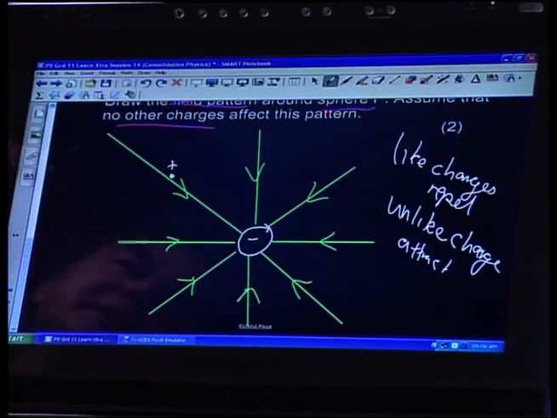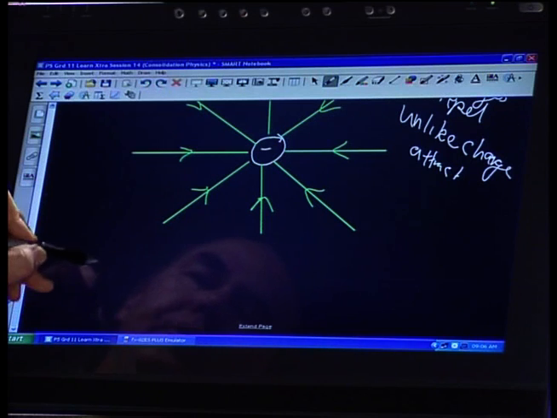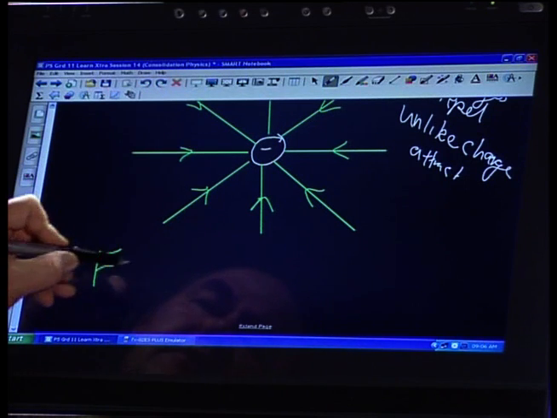Now, you need to revise your field line patterns. It's a question that's often asked in exams, either to draw for a positive charge or a negative charge or a combination, 2 negatives, 2 positives. Go back to your notes and make sure you revise it. There is another question that I just want to highlight here. This is a radial charge. It tells us that it is changing, and we know from Coulomb's law that the force is going to be